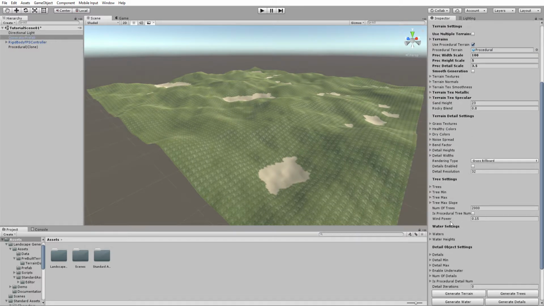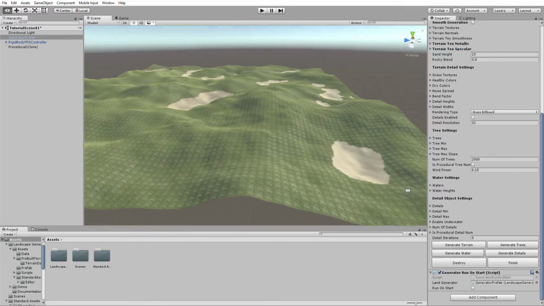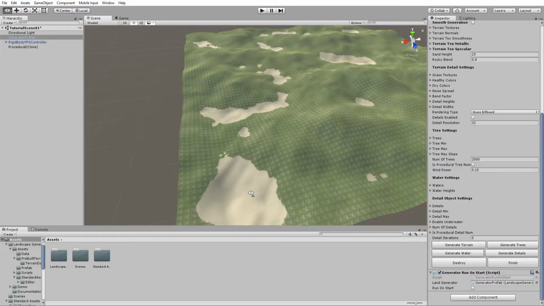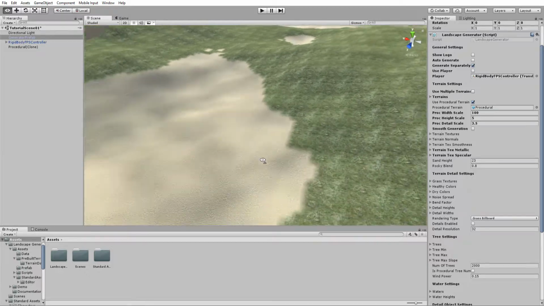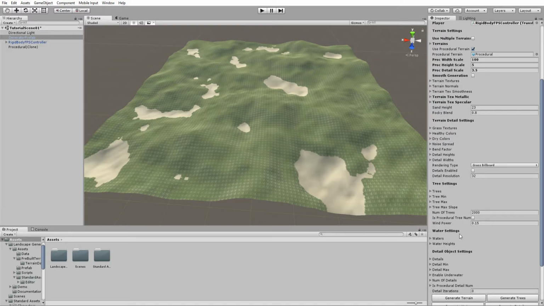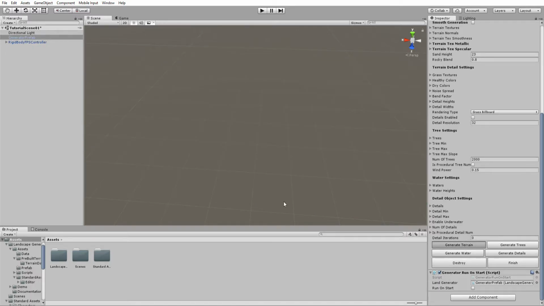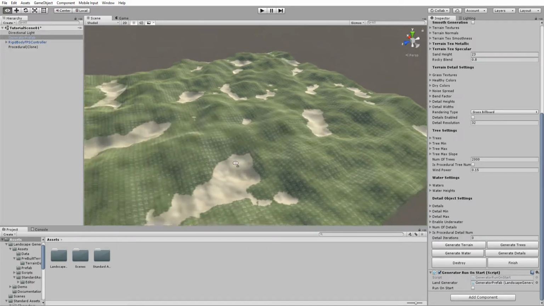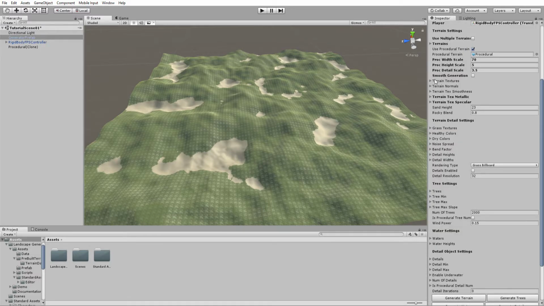So our sand height is set to 23. I'm going to generate again. And see, now it takes longer to generate. That's why the sand was generating a little weird. So now that we have even better sand generation, and the reason the sand was okay with the settings here is because the terrain already has the textures and normals on it. But now we can change these, like the width scale, and we will get better sand generation. So let's leave it at 70. 70 is kind of interesting, right? Okay. So let's go to